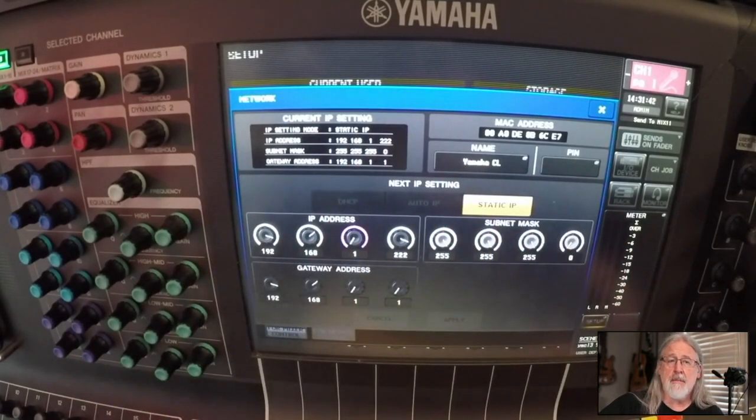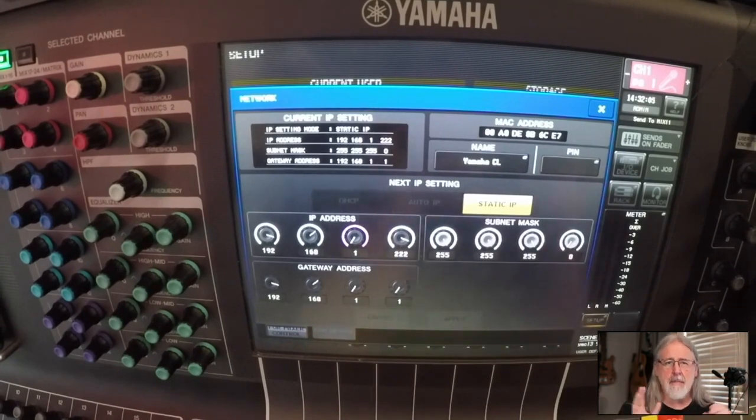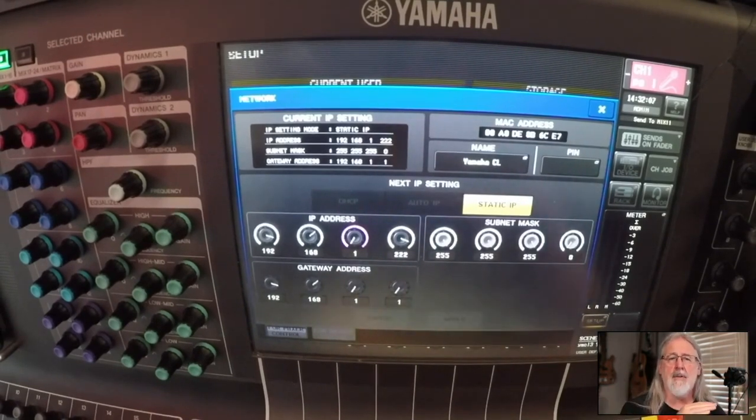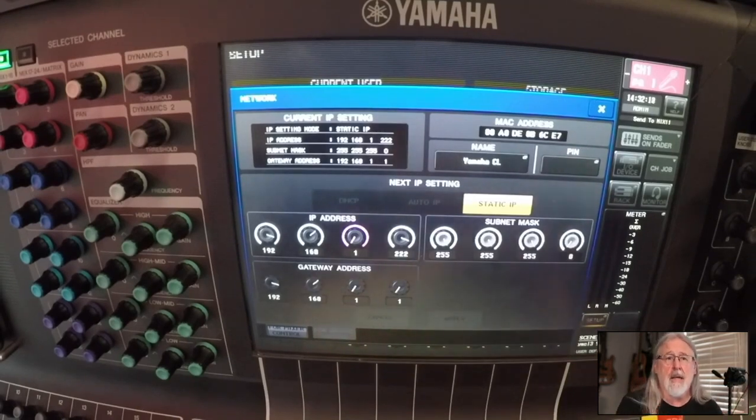if you're using a DHCP server, it's very handy to then go into that server and say, don't use this address that I'm using for my console. Now, one of the tricks that I do is I often will set the IP address in the console to a relatively high number, because most IT people set DHCP servers to assign addresses in lower numbers and stop at 100 or stop at 200 or whatever. So typically, if you go for a higher number, your chances of just being lucky and not having a conflict